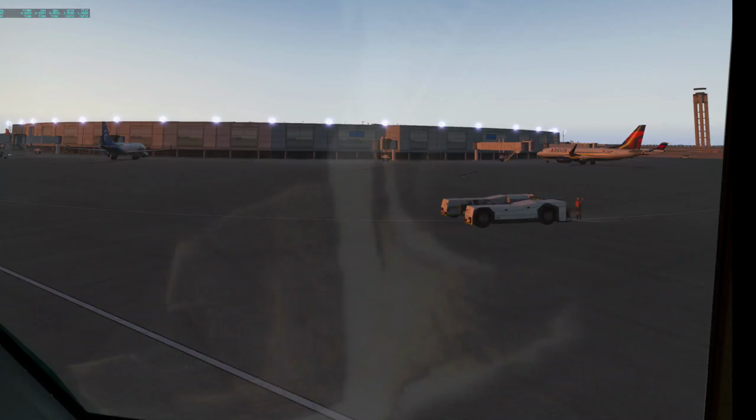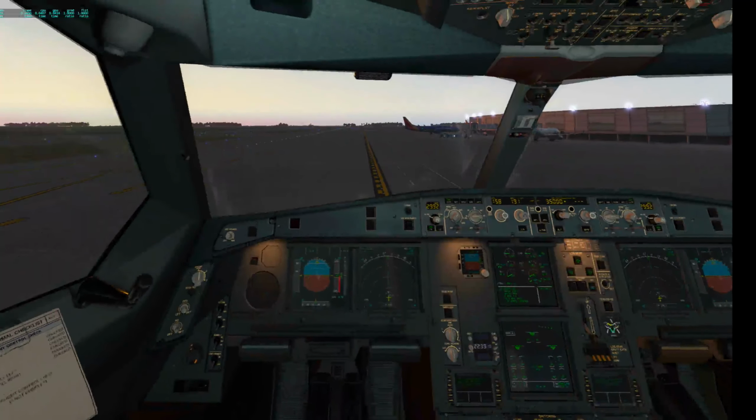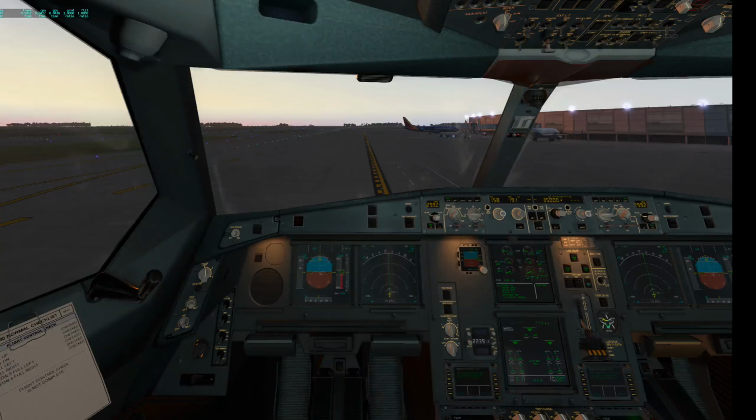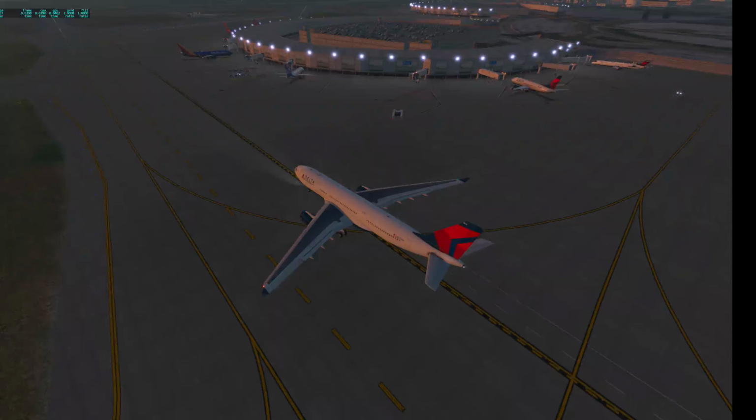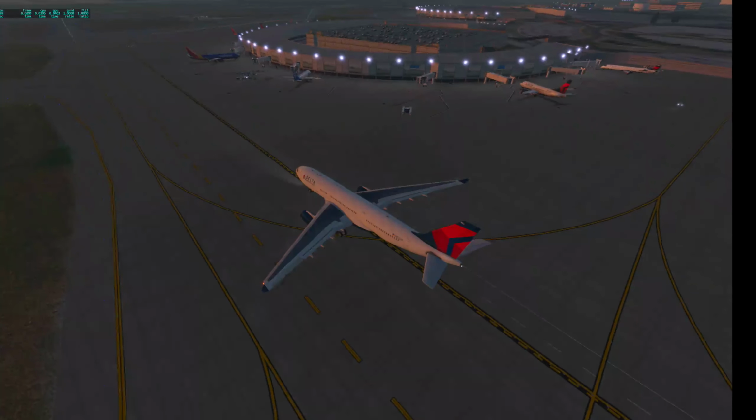And there he goes. All right. So we'll start our taxi out to runway 19 right. There we go. All right, so I will see you out there on 19 right,